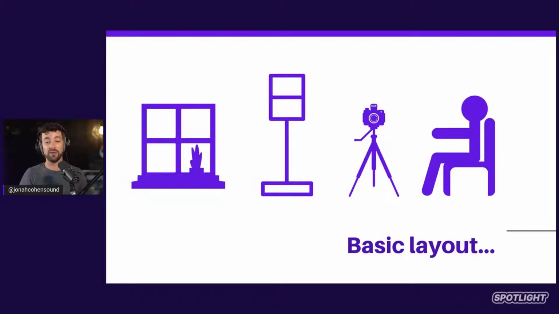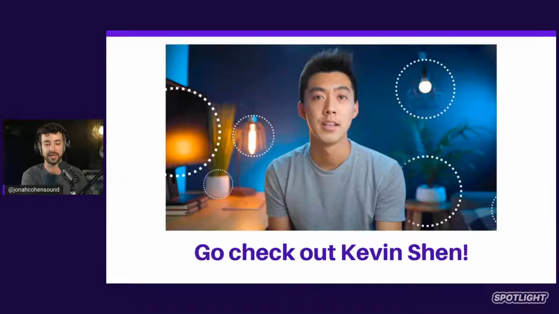So the big point here, just in your layout, is whether it's a window or a light, you want the order of operations to be your lighting source, then your camera, then you. If you get bigger lights, your camera might be further away. But my big point here is I see a lot of people put the window or the light right next to them. You can experiment if you're looking for a certain vibe or feel, but ultimately you want the source as much in front of you, providing that even, good quality light.